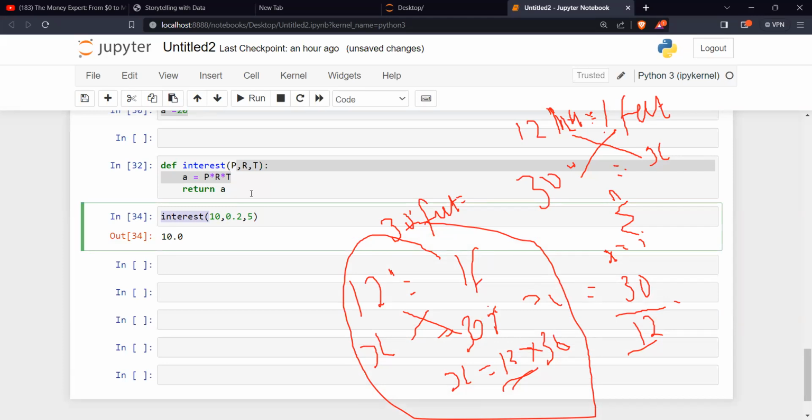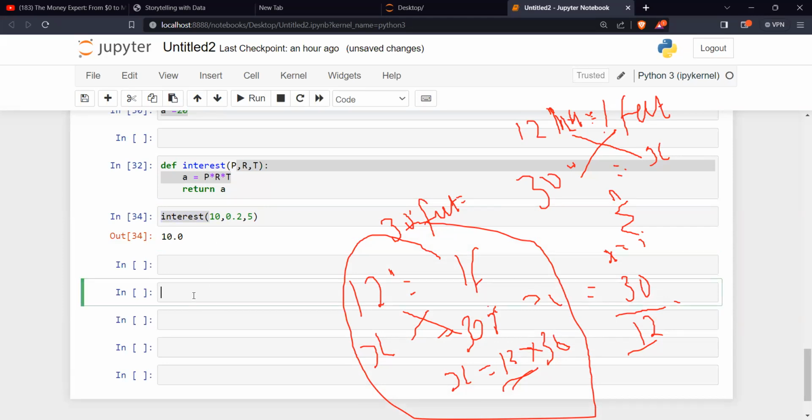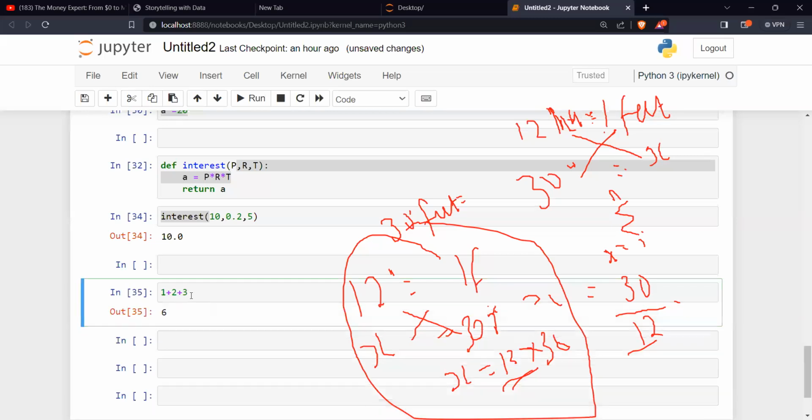Is this clear? So the same way, you know how we write maybe 1 plus 2 plus 3. So we have 1, 2, 3. Mathematically the expression is I plus I1 plus I2 plus I3. It depends on how many parameters. So how many parameters do I have here? 3. I have 3 parameters.